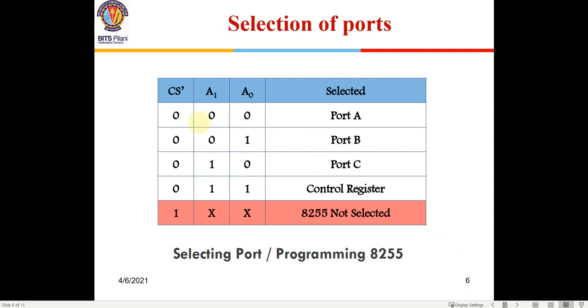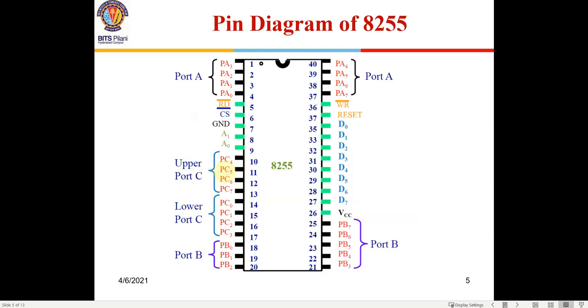Okay. Is Ruben's doubt clear? So in the previous slide, when port A is activated and I connect the 8255 to a peripheral device, do all the ports get connected to the same device? No, you can have 3 different devices.